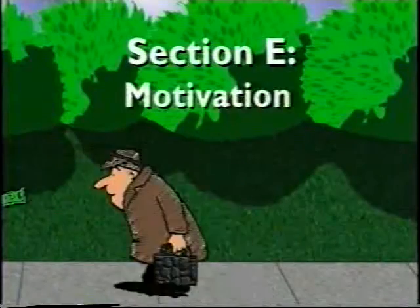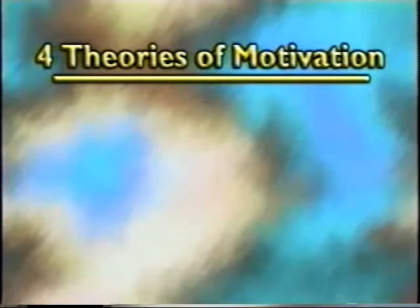Section E, motivation. There are 4 theories that describe what motivates us. They are the instinct